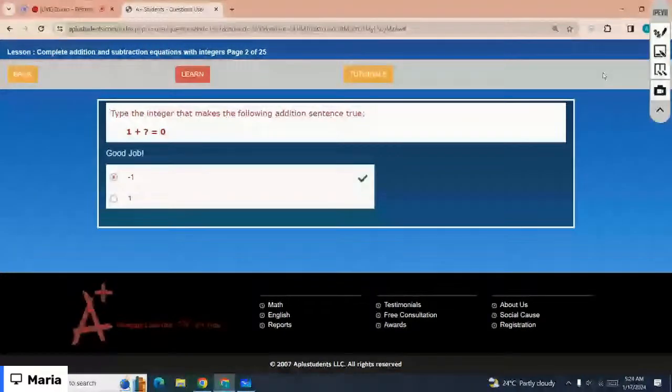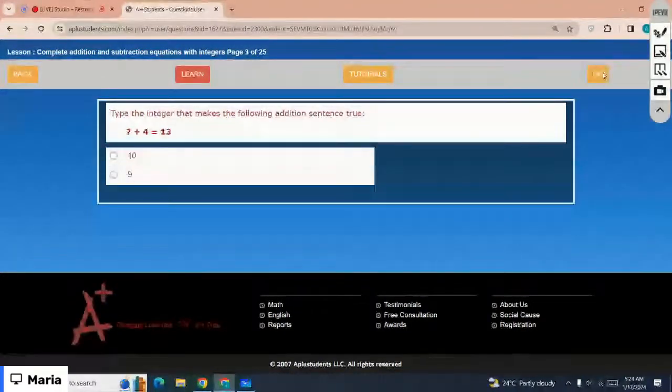Okay, type the integer that makes the following addition sentence true. So which is the correct option? Yes, the correct option is